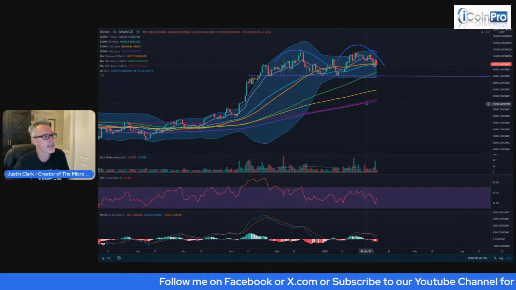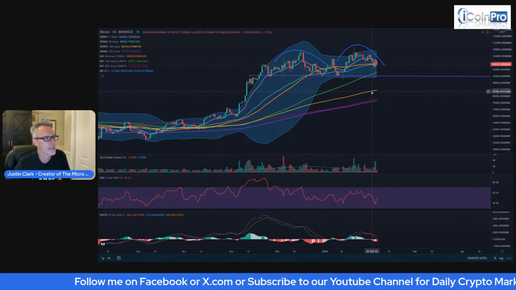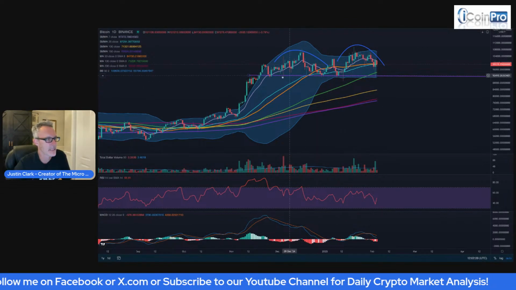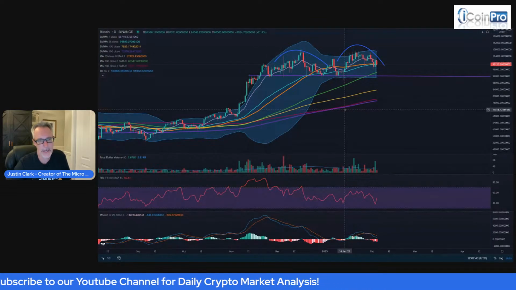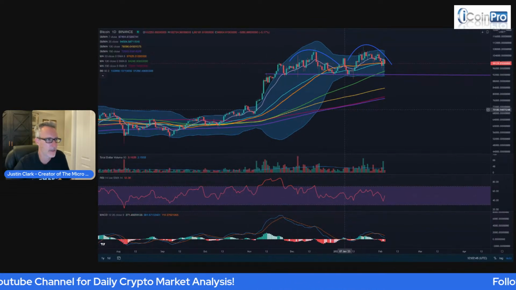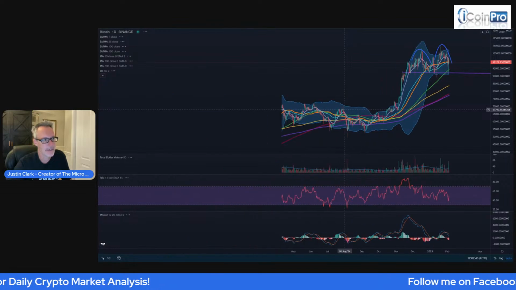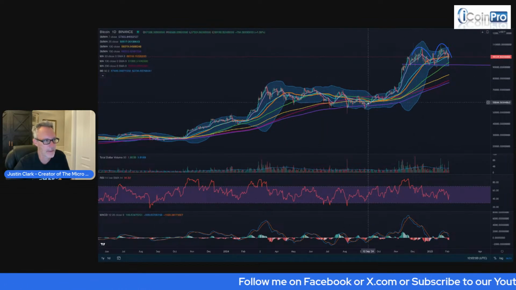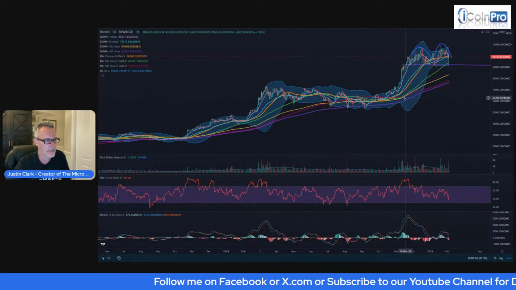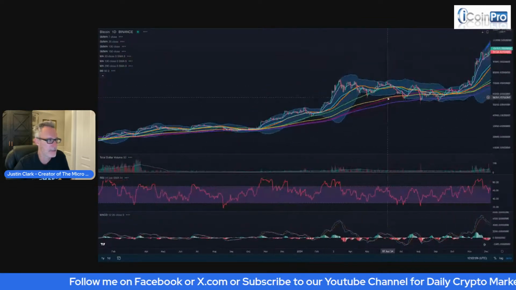The other lines that you see on here, this purple, maroon, yellow, green, etc., these are all called moving averages. They're just an indicator; how they're calculated, we're not even going to get into. We'll talk about how to use it. This area that's shaded here that looks like a bubble, and then it's going along here, that's called a Bollinger Band, another indicator that we use on this chart.